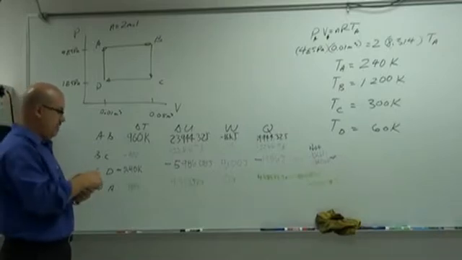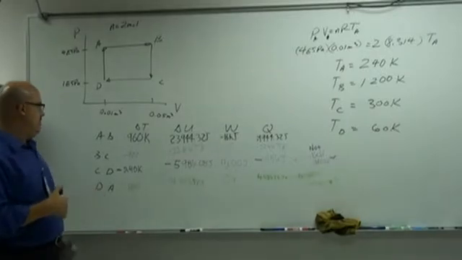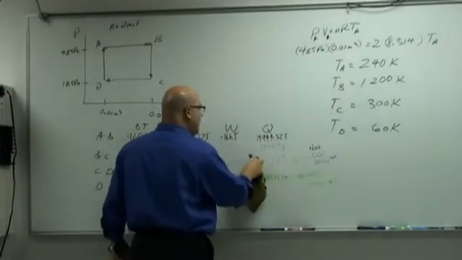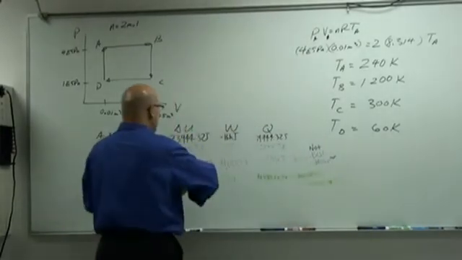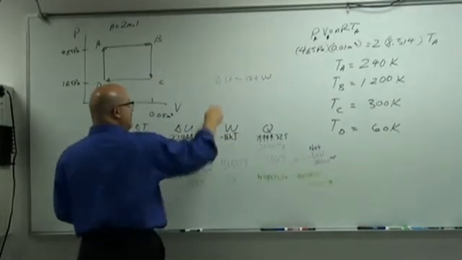Okay? Wait, the magnitude's correct. Delta U minus a negative Q would be... Oh, is that right? Hang on. 4,000. Let's just find out. Q should be greater than negative. Delta U equals Q plus W. Let's make sure. If I have a negative